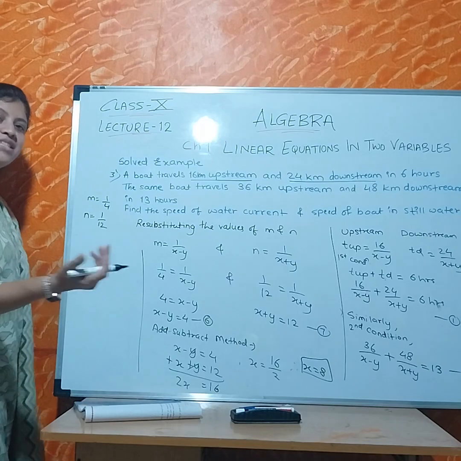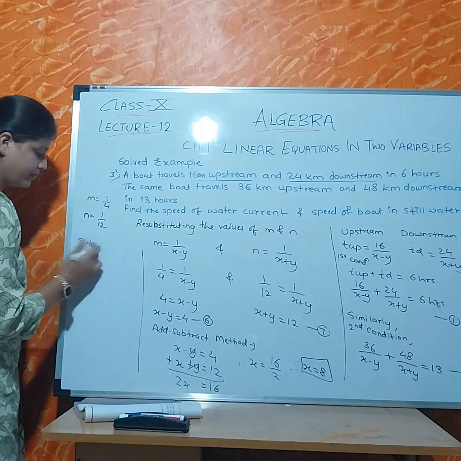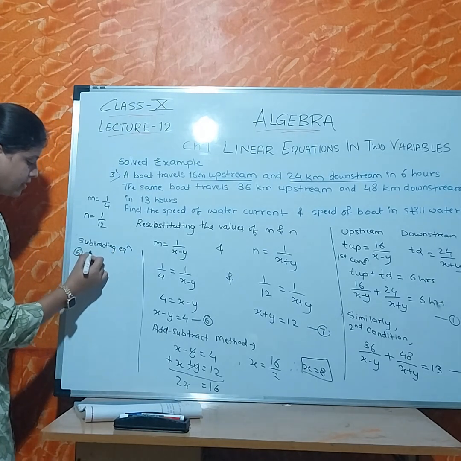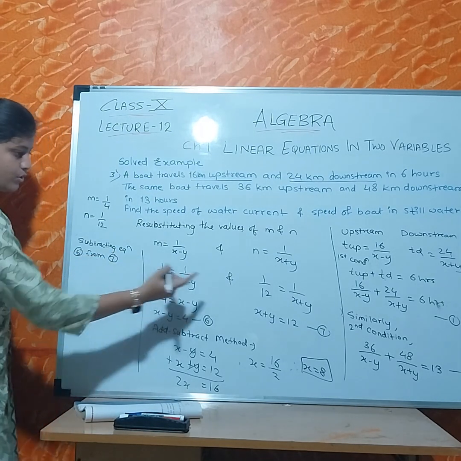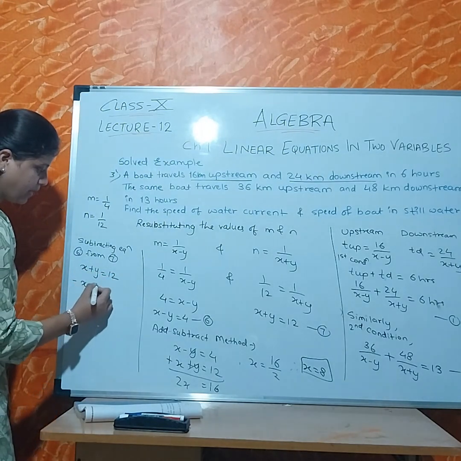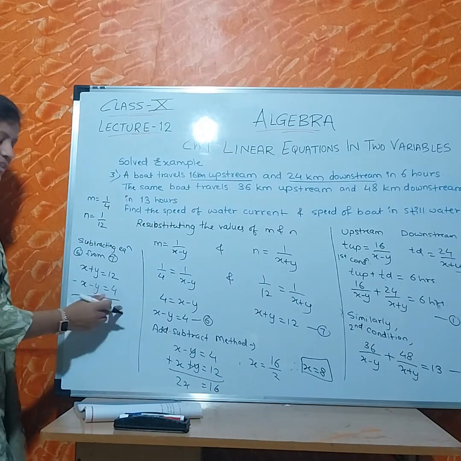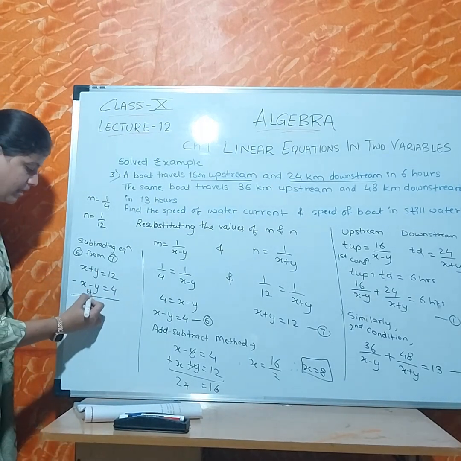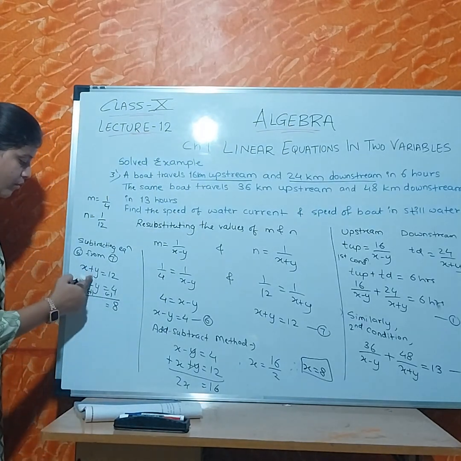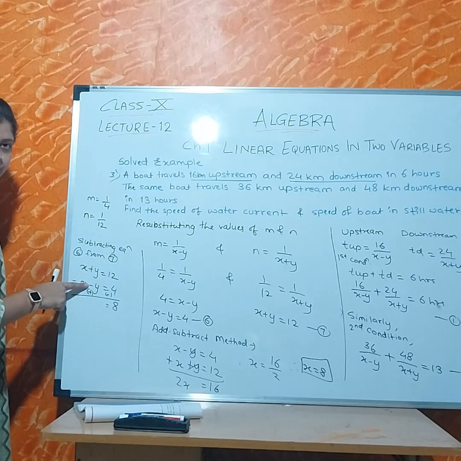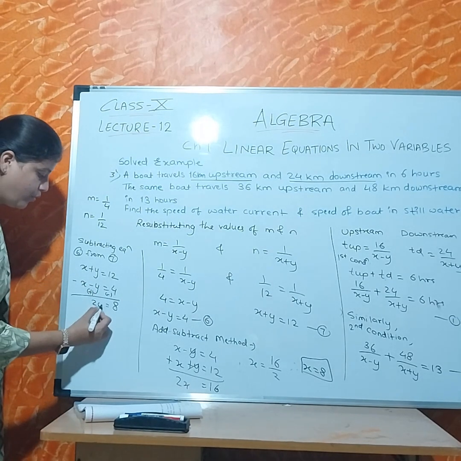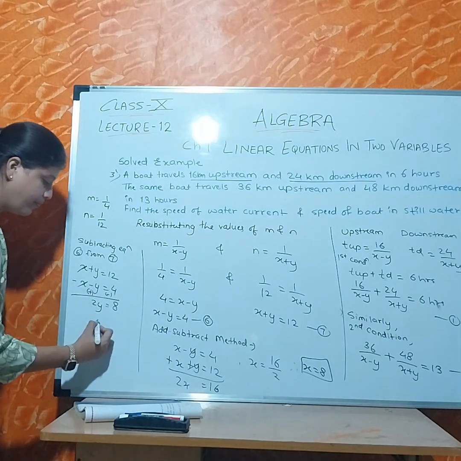Similarly, we will subtract now both equations. Equation number 6 from 7. So what is equation number 7? x plus y is equal to 12 minus x minus y is equal to 4. After subtracting, signs will be changed. Minus minus plus, minus plus minus. 12 minus 4, answer is 8. Y. Now see, don't consider this sign now. Consider this. y plus y, 2y, plus x minus x gets cancelled. y is equal to